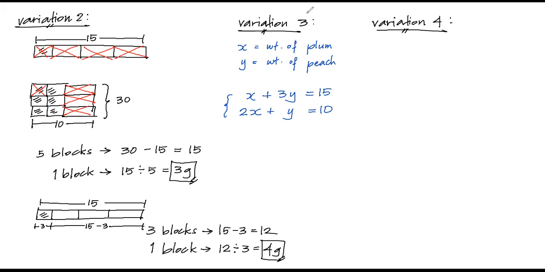Now, if you want to eliminate the, what do you call this? The plum, you may be able to multiply these by 2. So again, if you want to eliminate the plums, you just have to double this thing. Now, what will happen? This is the equation. Please don't forget, this is the representation. Now, distributive property.